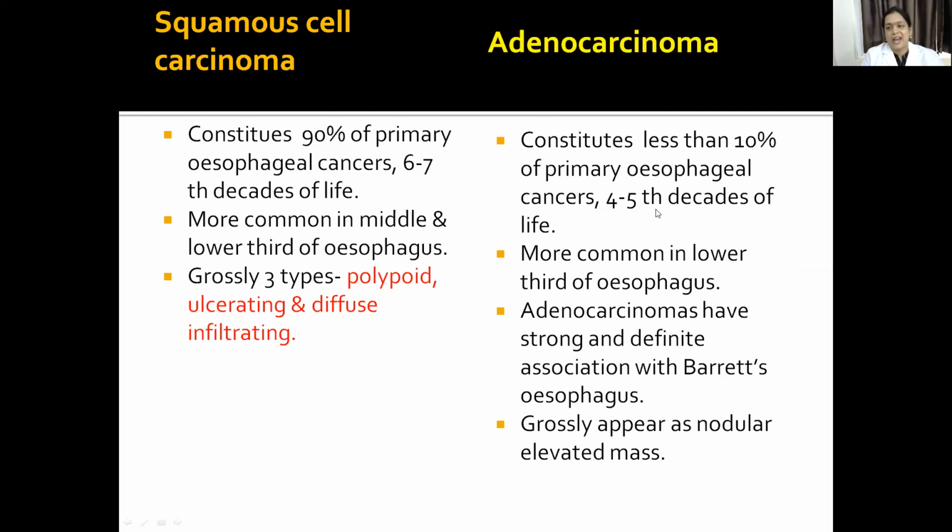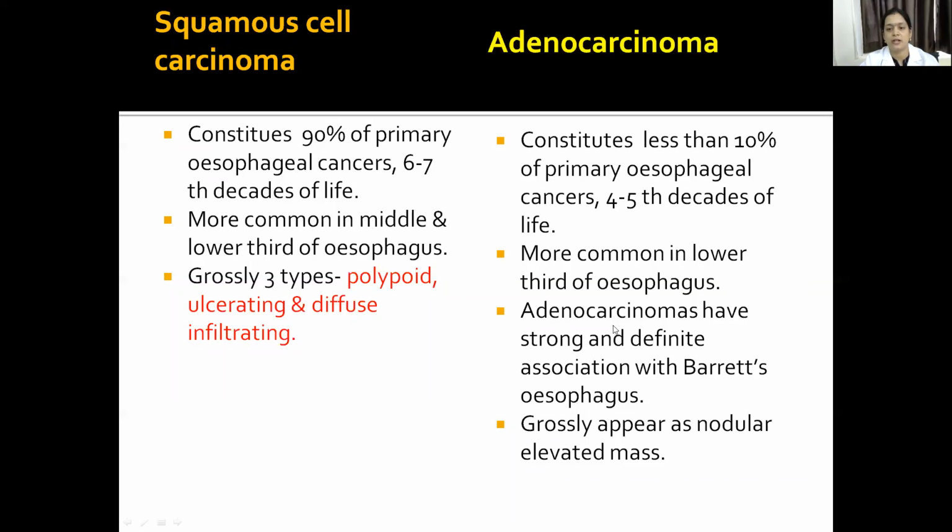See, these statistics are a bit variable, because in the books, they say that squamous cell carcinoma is most common, adenocarcinoma is less than 10%. It depends upon the region. In the UK, it's usually the adenocarcinoma, which is more common than squamous cell carcinoma. So it quite depends on the region. So more common in the middle and lower third of the esophagus, I already told you, it can be polypoid,